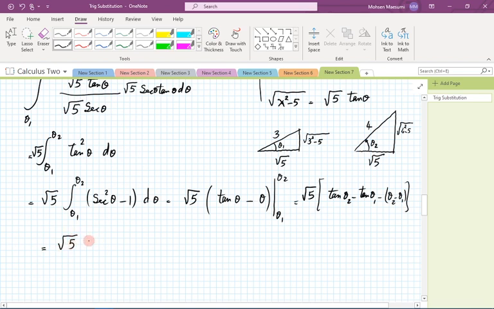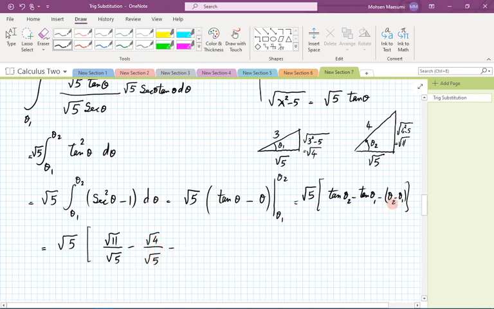Radical 5 of tangent of theta 2. Tangent of theta 2 is the ratio of opposite to adjacent. 4 squared minus 5, let's clean this up a bit, it's radical 11. So this is radical 11 over radical 5. Tangent of theta 1, 3 squared minus 5, it's radical 4, or clean it up as 2. So it's radical 4 over radical 5